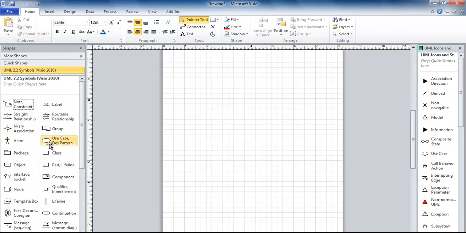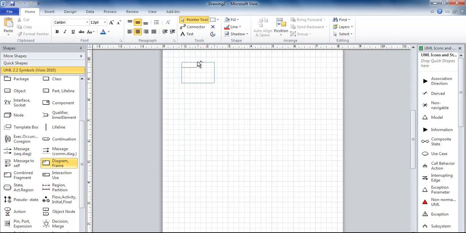This is basically the symbols of the UML, and we are only going to use the 3 or 4 important things for the use case. Others are for activity diagrams and many more, like sequence diagram. Basically, we are going to use it for the use case. So what we are going to use is basically